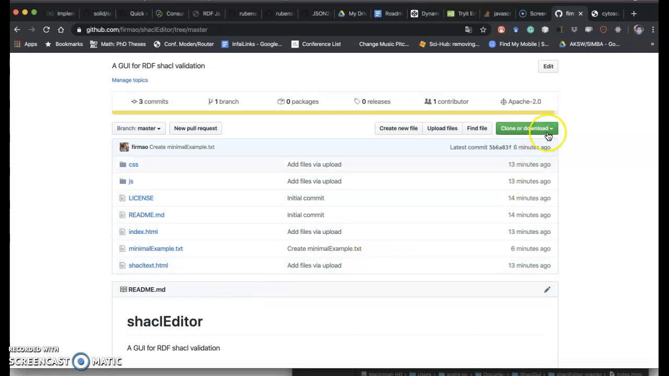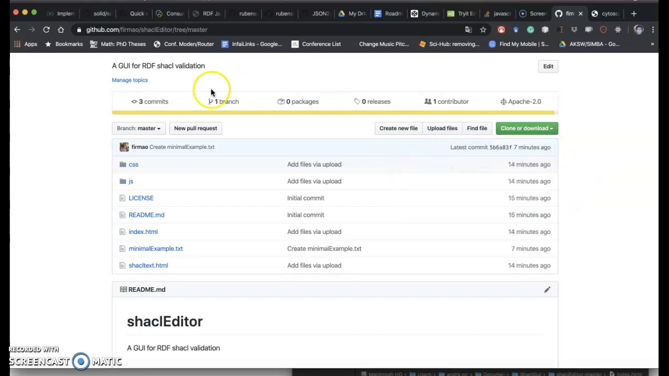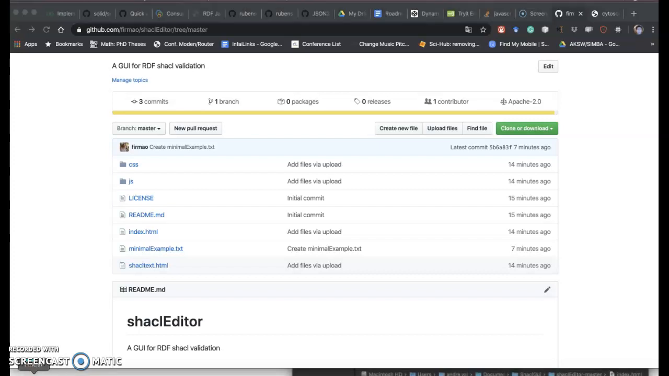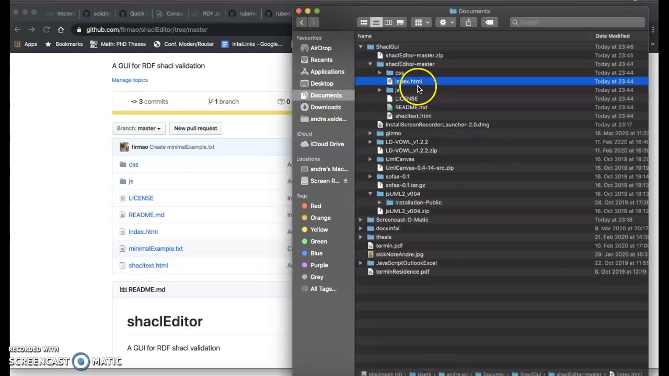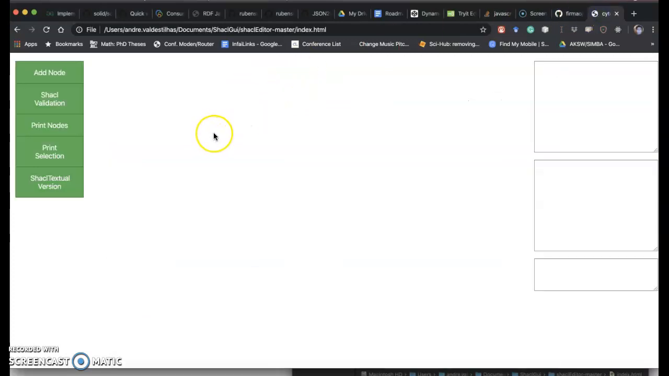Well, firstly, you clone or download it to your desktop, and so this is the address from the GitHub repository. So then you just go to the folder where you unzip this, and then you execute the index.html. So then you can start creating your SHACL